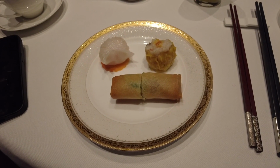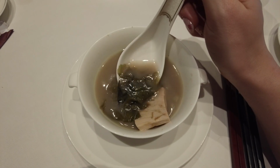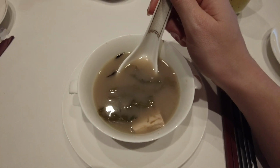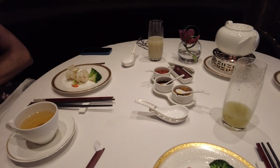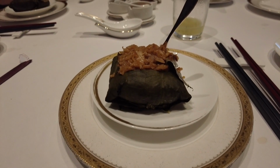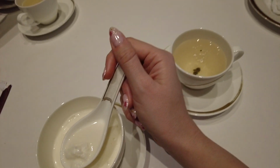Normally, it's pretty expensive. The dinner menus are really pricey, but they had this weekday lunch offer for 45 or 50 pounds per person, and we've never been to a 3 Michelin star restaurant before, so we decided to try it. And well, I must say,